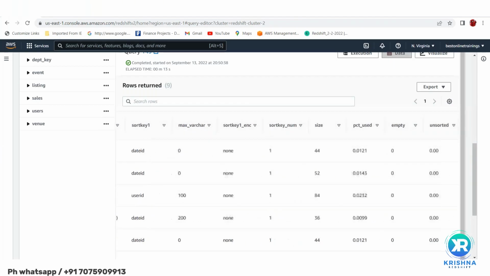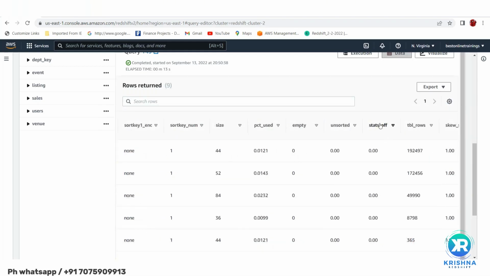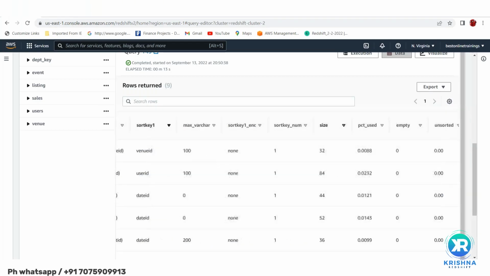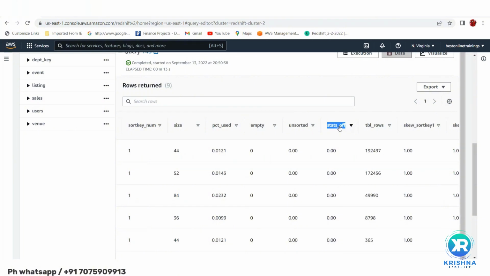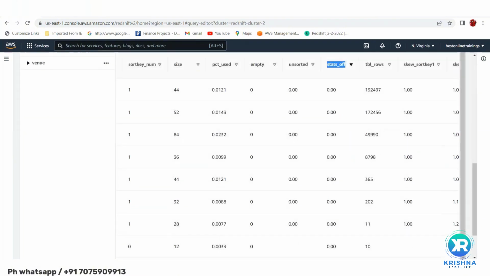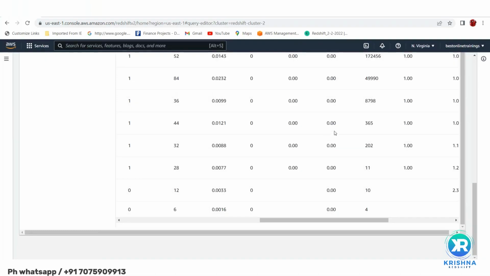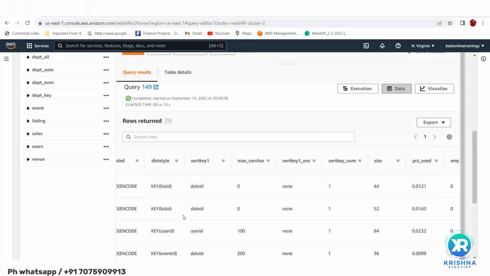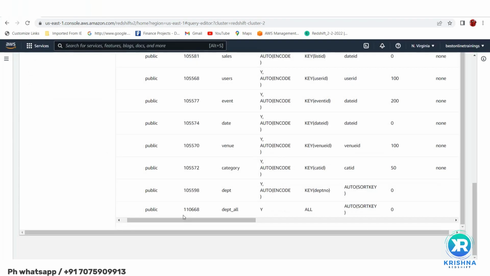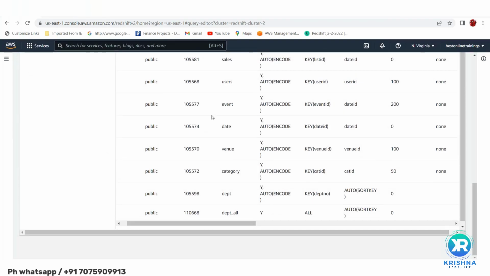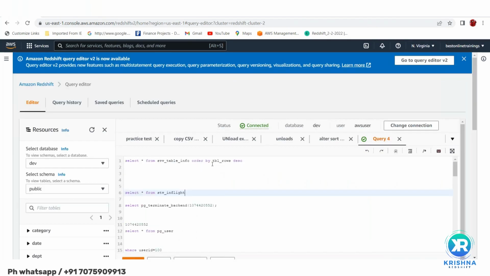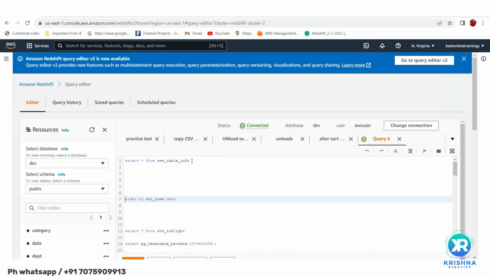Again, from SVV table info, see the stats column. 0 means yes, statistics are up to date. 100 means statistics are stale. For example, right now I have run the query for all tables, but in real time you may have thousands of tables. Then how do you do it? You just run select star from SVV table info where table equals to